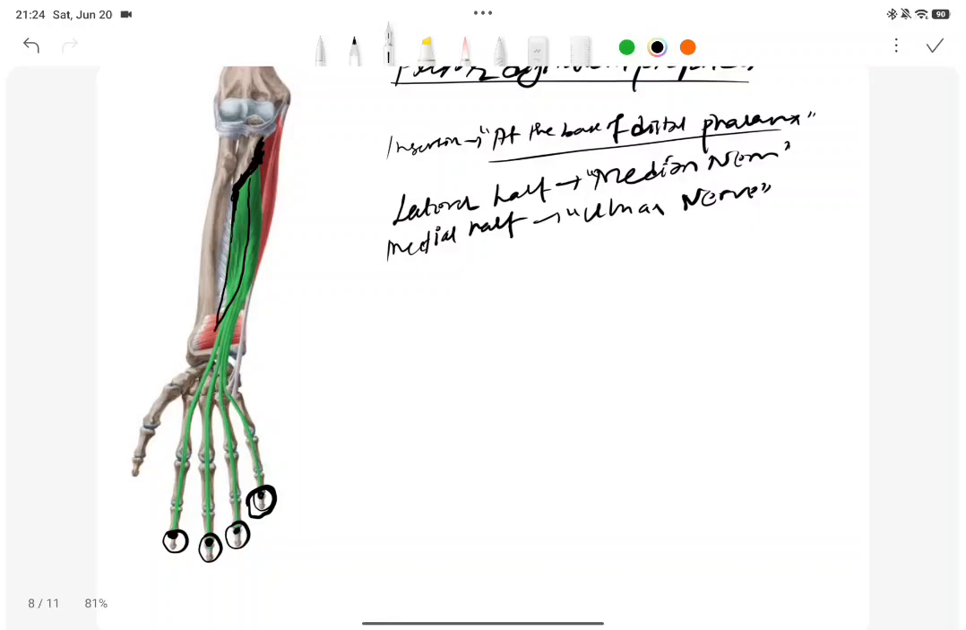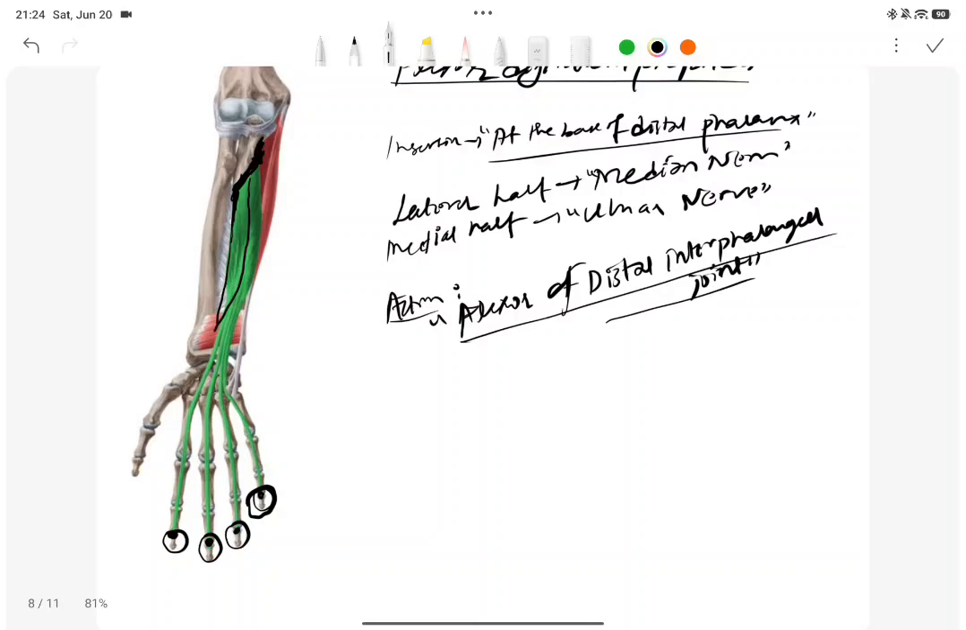सो यसरी चाहिँ दुईवटा नर्भले सप्लाई गर्छ है। सो इट इज अ बिट हाइब्रिड मसल, हाइब्रिड मसल जस्तो पनि भन्न पाइन्छ है। सो यसको एक्सन हेऱ्यो भने इट इज अ फ्लेक्सर अफ द डिस्टल इन्टरफ्यालेन्जियल जोइन्ट, and it is also a flexor of the metacarpophalangeal and wrist joint, यो मेटाकार्पोफ्यालेन्जियल र रिस्ट जोइन्टको पनि फ्लेक्सन गराउँछ है। सो मेन चाहिँ डिस्टल इन्टरफ्यालेन्जियल जोइन्टको फ्लेक्सन है, सम्झिनु पर्ने।